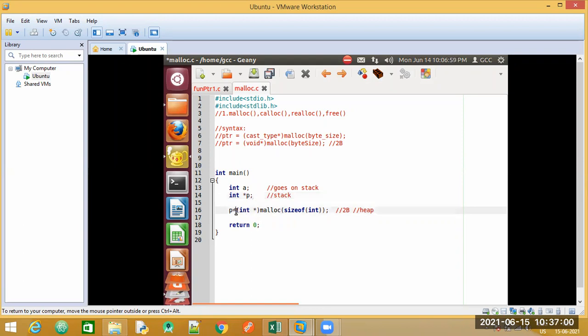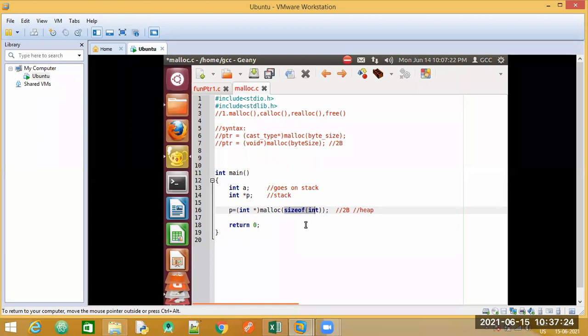P is equal to, we are writing this statement for a dynamic memory allocation. The syntax is you write the data type, this is the data type as a pointer here. Write the keyword malloc, which is memory allocation. In the bracket, you need to tell the size, how many bytes are required.